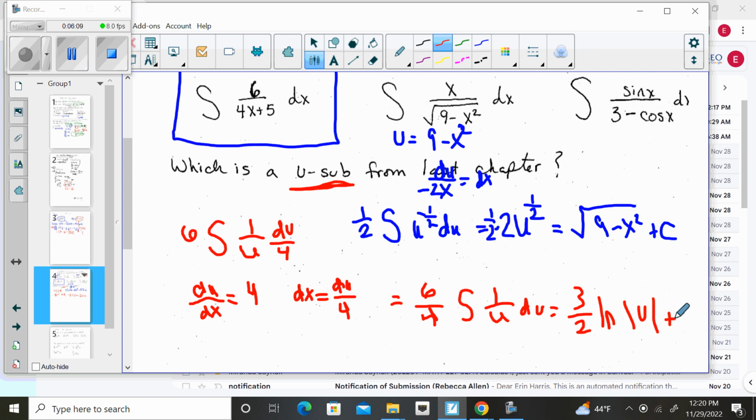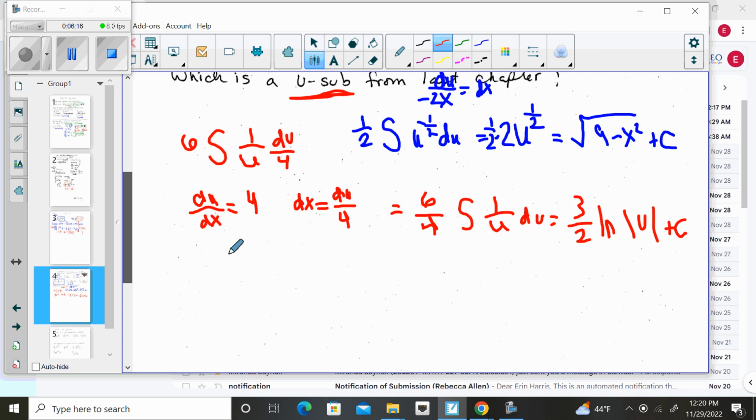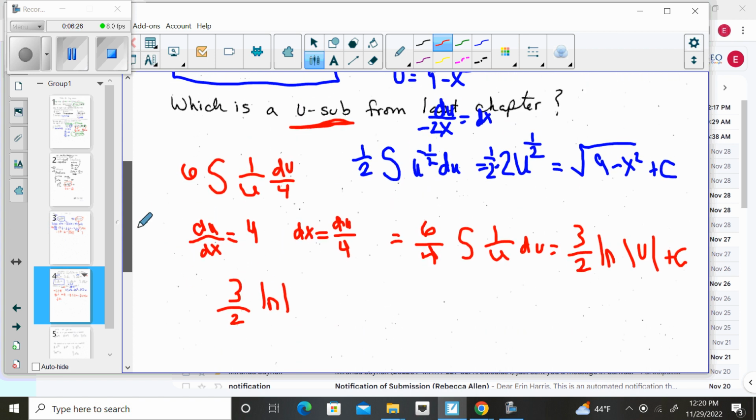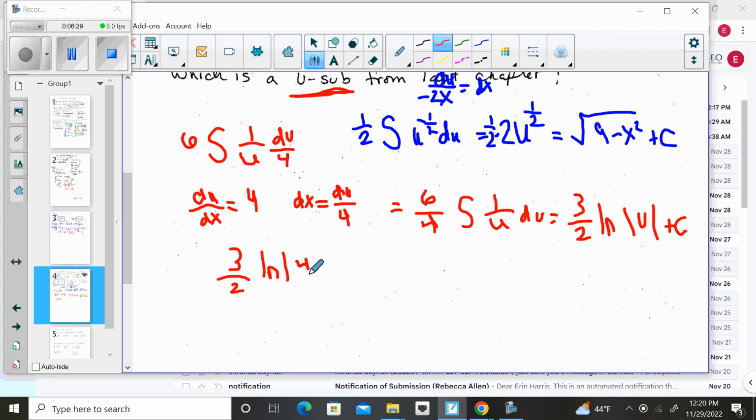Then we plug in u, which was 4x plus 5. So my final answer here is 3/2 natural log absolute value of 4x plus 5